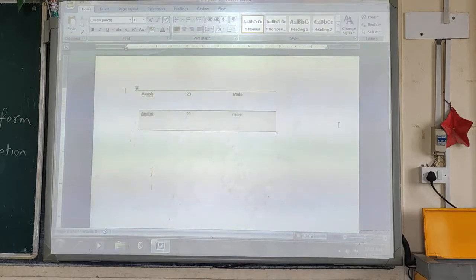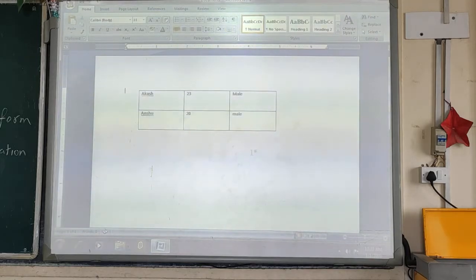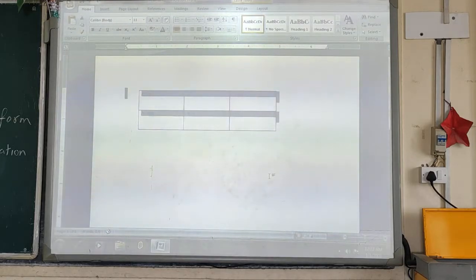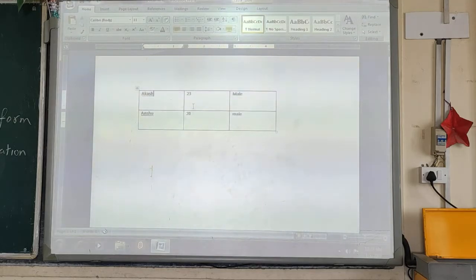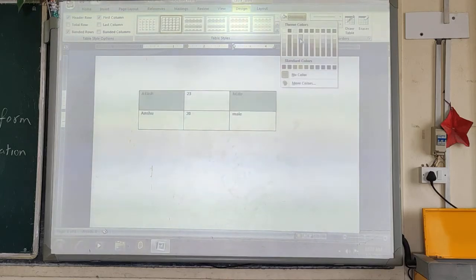Okay, first of all you have to select the cell whose color you want to change, or if you want to change the color of the whole table, you can select the whole table, or if you want to apply it to only a couple of cells, like suppose we have selected two different cells. Okay, you can go to the Design tab and within the shading option, now you can select different colors from here and it will be applied to your document.